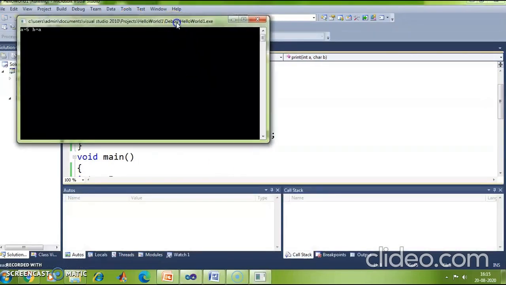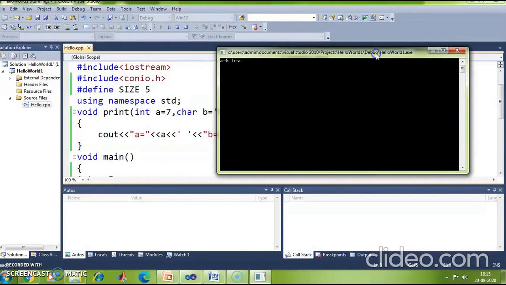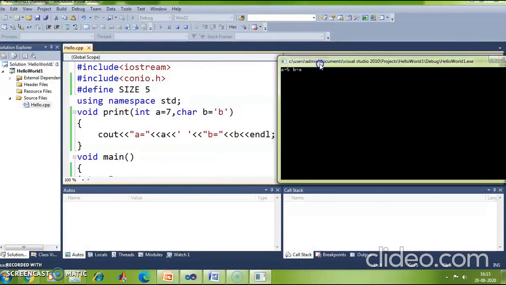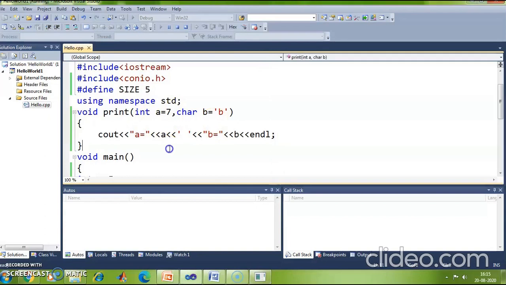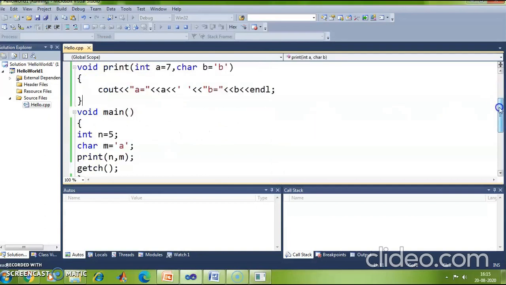Okay, the output says that A value is 5 and B value is 'a', right? Has the default value been displayed here? No. What value is being displayed here? The value of N and M, that is 5 and 'a' respectively. Okay. Now suppose